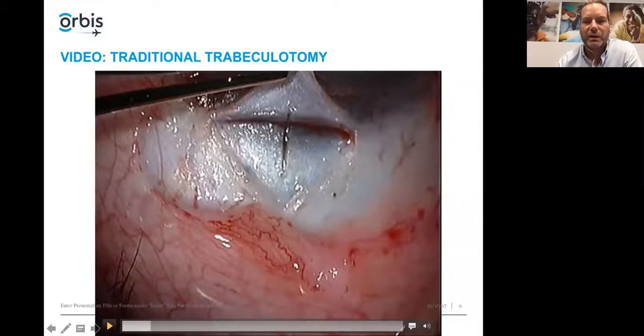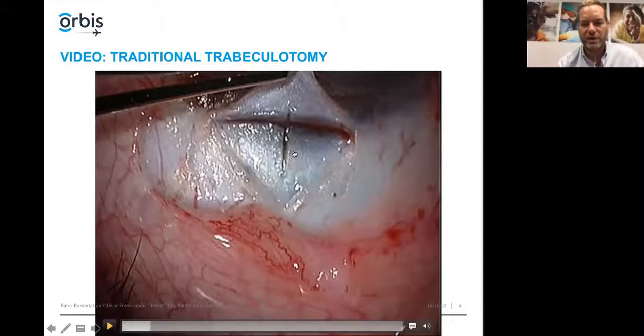behind it. And I don't see any in this particular photograph, but a lot of times you'll see little veins, vessels leaking a watery aqueous fluid, or it'll be bloody aqueous, and those are good markers for Schlemm's canal. So here I've done this partial thickness scleral flap. I can see the blue to white transition, and now I've switched to a smaller blade. You can use something like an eye knife or a 75 blade or a very small spoon blade, which is what I use. And I start to make about a 2 millimeter radial incision over that blue to white transition,